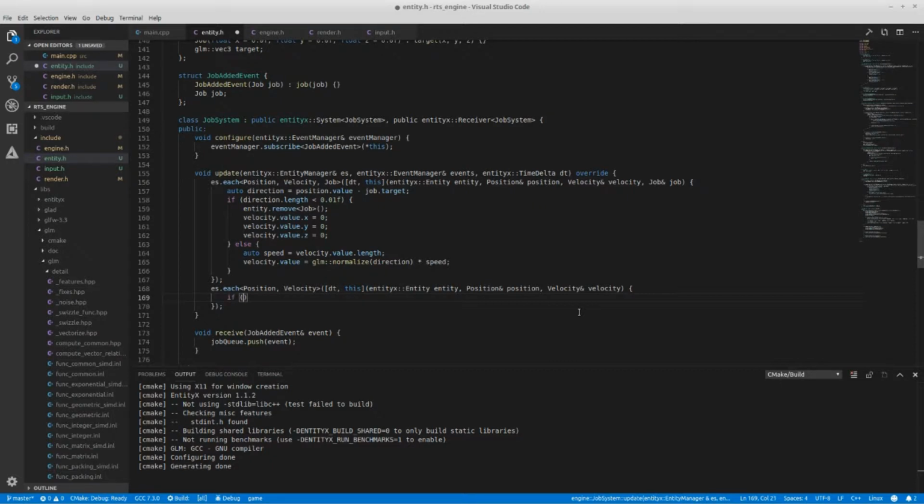So if entity dot has component job, then I will just continue. Oh wait, I guess it would be return in this case, because that is the equivalent. I don't know if there's a way to break out of a loop. That's something that, like, with this,